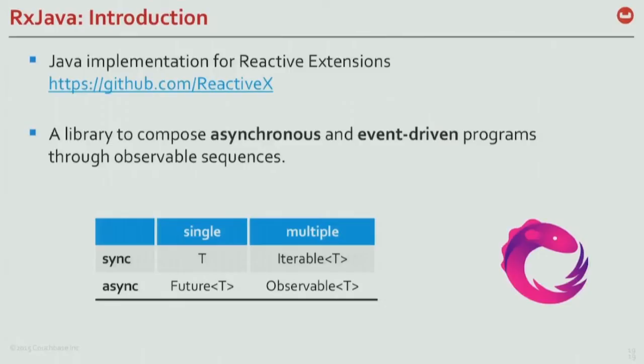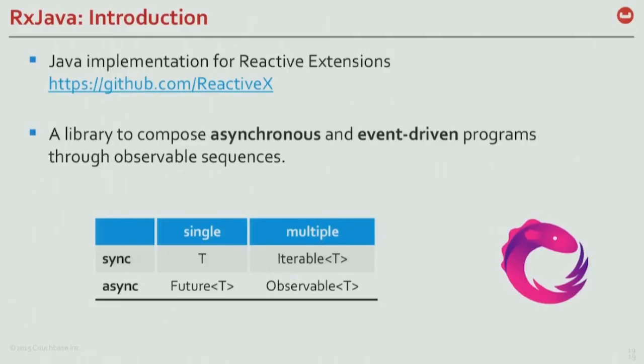So basically, the synchronous way of doing things, I have T or I have an iterable of T. The asynchronous world would be Future or CompletableFuture and Observable. What you can see right now, maybe one of the flaws of RxJava, is here. If you have a method signature, I've written something, you know exactly what you get here, you know exactly what you get there, you know exactly what you have here. An Observable of T could have just one element. So actually, it could also be here.